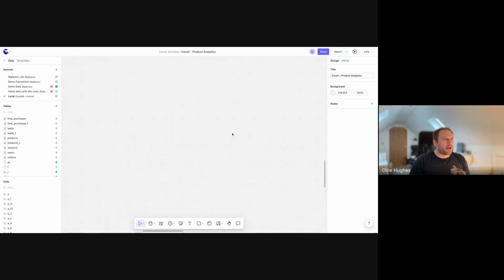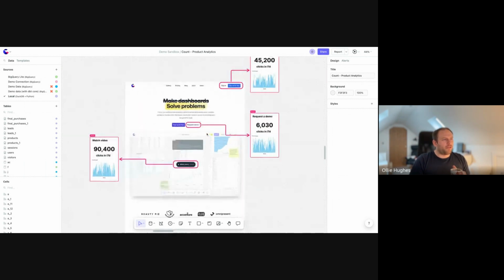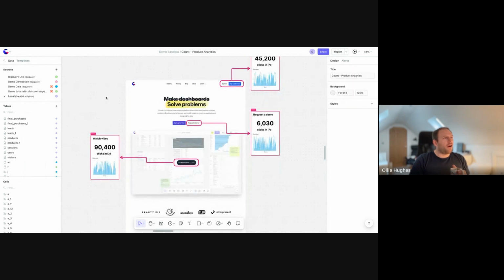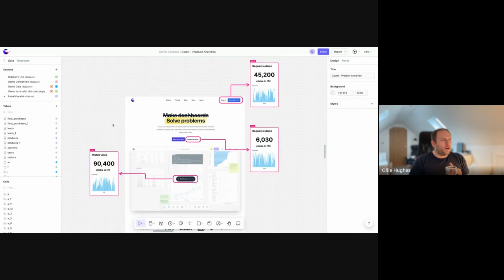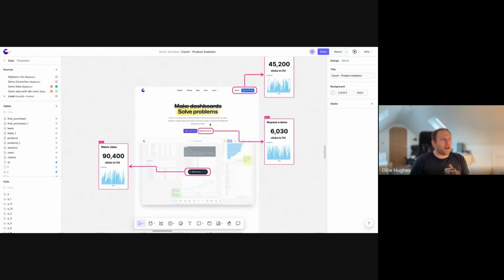Just to the other end of the spectrum, to the complexity. This is actually another one of my very favorite examples of how you can use Count. This is a screenshot of, I think, one of the last iterations of our website. But in here, what we're doing is using this as a way to clarify events, and produce documentation and some degree of data on click-through rates for different events on our website.